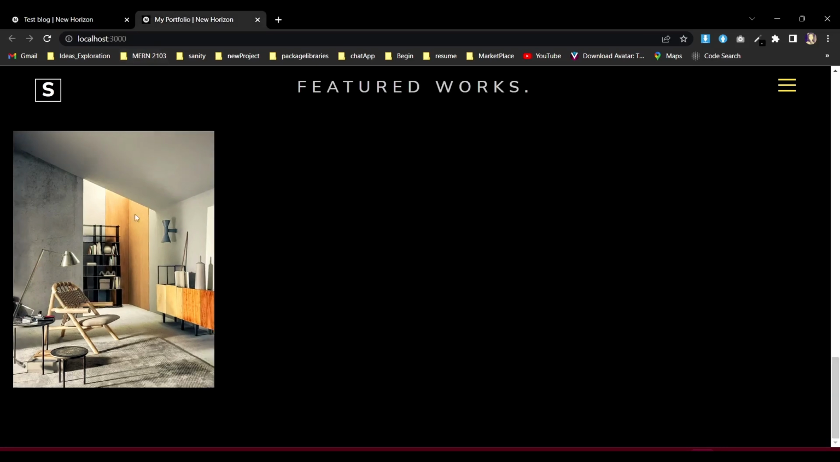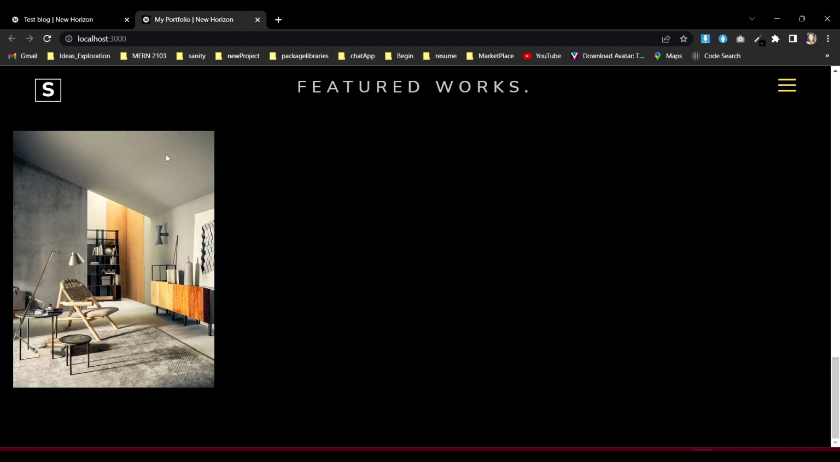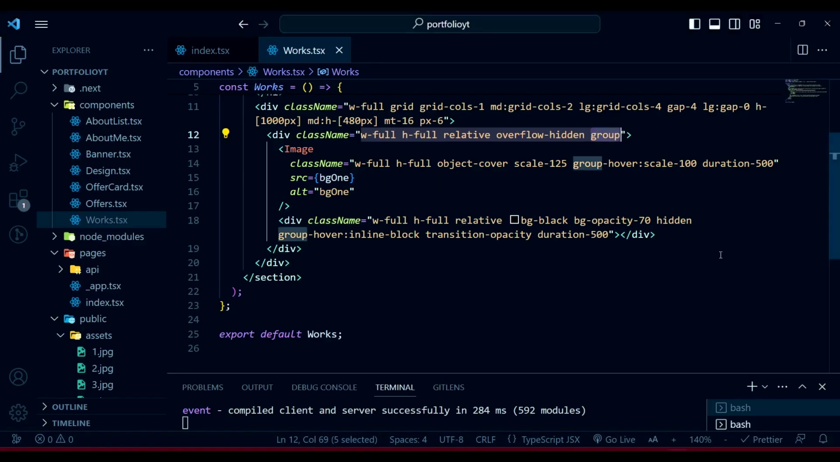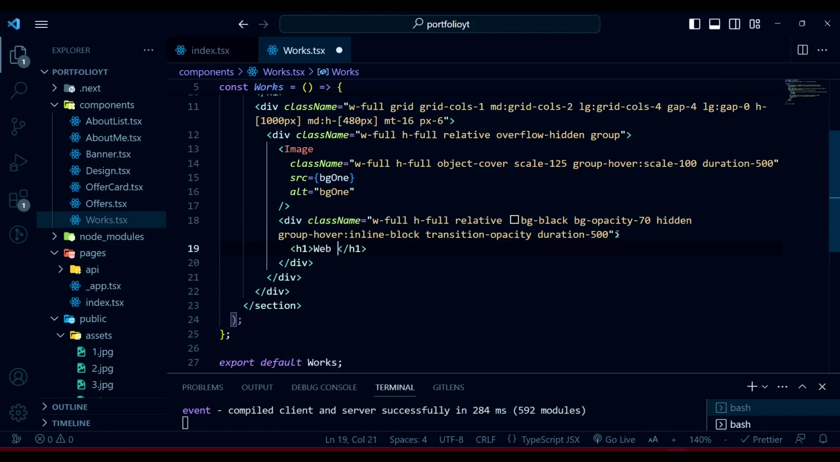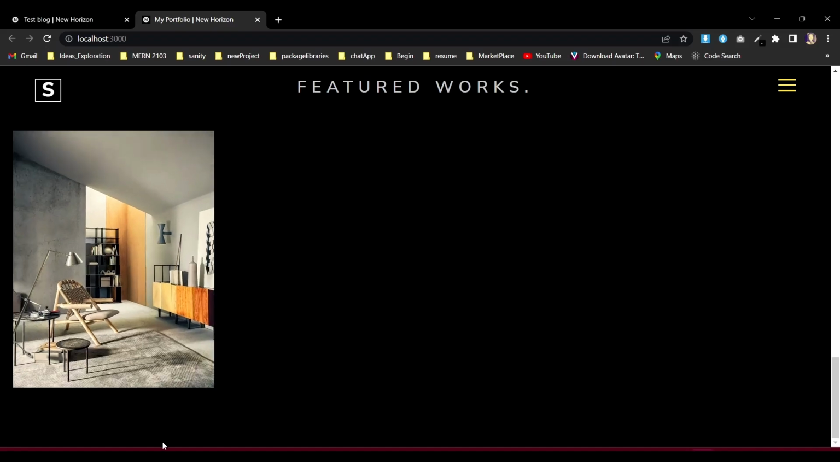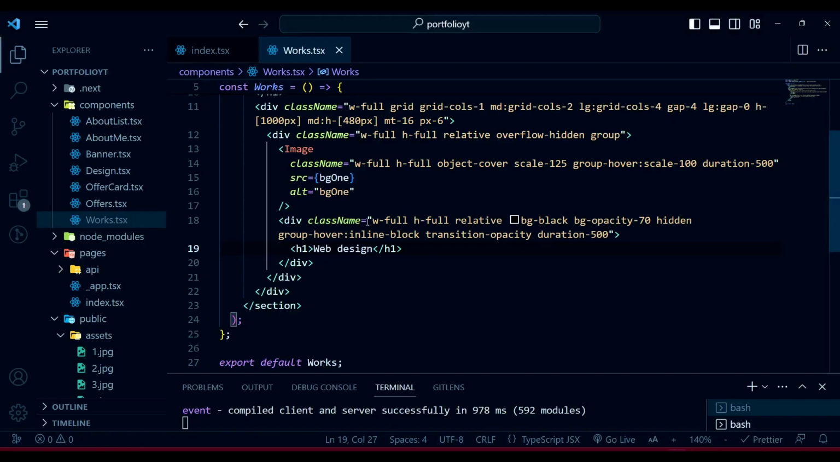So whenever we hover, I believe we should see some black image, right? Like a group hover. This is the hover. So does it work? No, it's not working. So first of all, let's go and implement that h1 tag. Let's see. Web design. Okay, no, it's not coming. There is some issue. Okay, what we need to do, anyway, first of all,